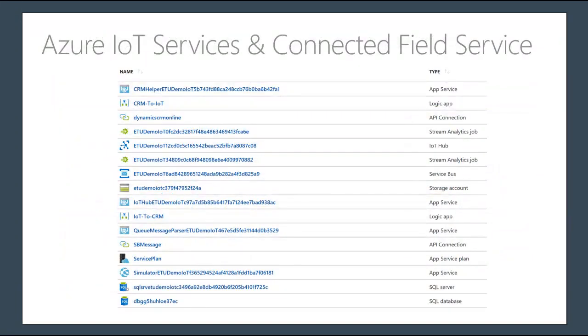If you install the Connect Field Service solution from AppSource, it will install the solution inside Dynamics and a sample solution or template on Azure. You must have an Azure subscription for it. This is just an example. If you install it, you're going to have different names based on how you configure it, but essentially you have the